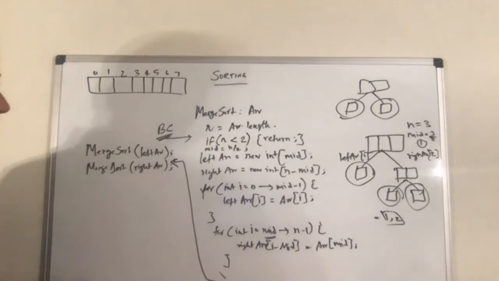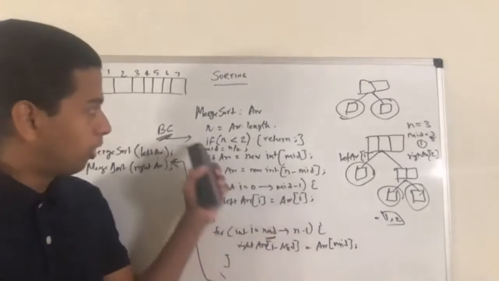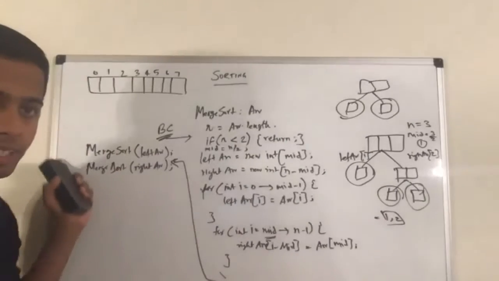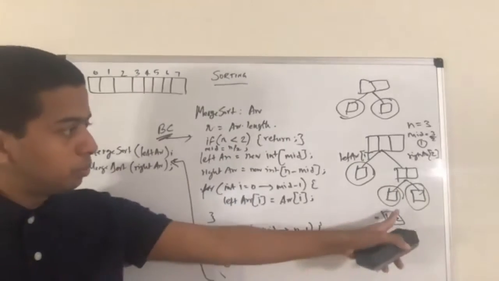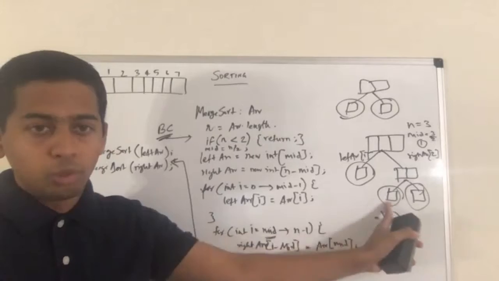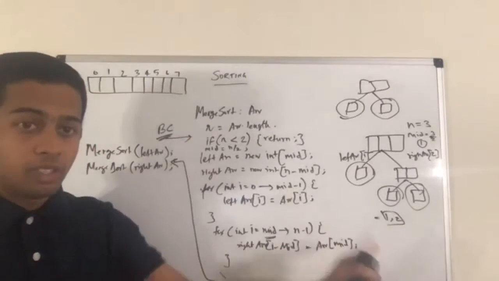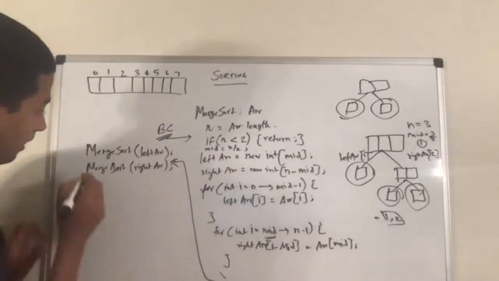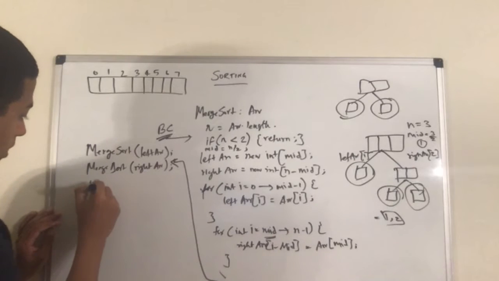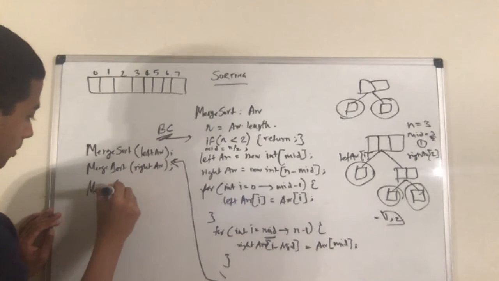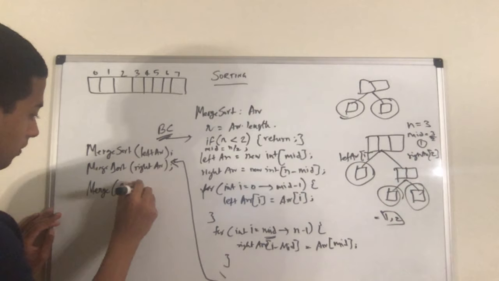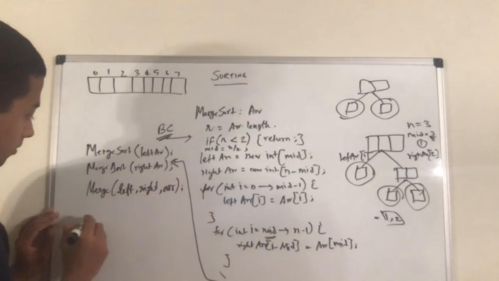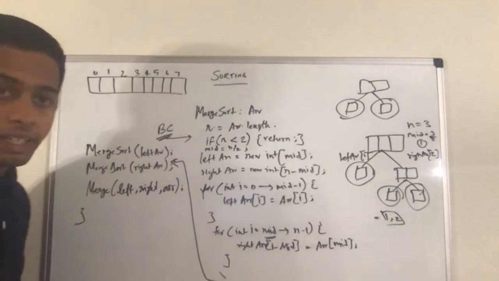Now after this step, remember at one point the recursion will end, right? The recursion will end. So these two steps will get completed. That means I'll come to this point where both left and right are 1, only 1. Okay. So at that point, what can I do? I can do a merge. Merge of what? I can do the merge of left, right, and that particular parent array. And I can end this logic.